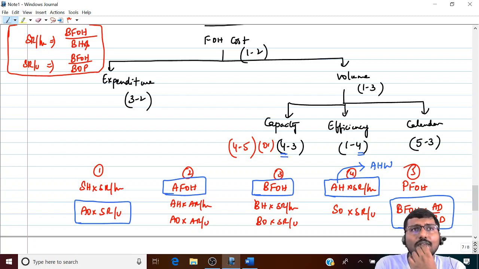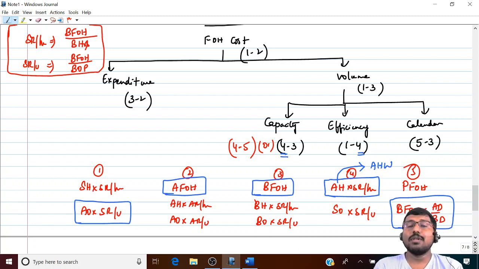Simple logic. When I ask you something, try to look at the clues and then try to think. Only then you will be able to get the answer. I can easily tell them, just in one sentence, that AH means AHW. What is the use of saying like that? If I say that, it's not going to work. You should try to think it on your own. Only then it works. Got it? Are we done with this? If you have copied completely, then I'll start explaining. Copy that first, entire page, because this is important for us at final level.